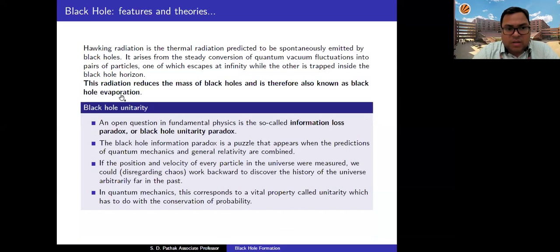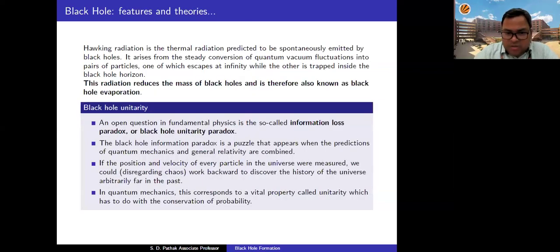Hawking radiation means radiation that reduces the mass: due to fluctuation in the field, particles and antiparticles are created. One merges inside the black hole, and the other flies away outside. This radiation is called Hawking radiation. And another topic is the information loss paradox, sometimes called black hole unitarity. This is again a theoretical problem on which people are working, including Leonard Susskind. They are also working on the information loss paradox or black hole unitarity paradox. So